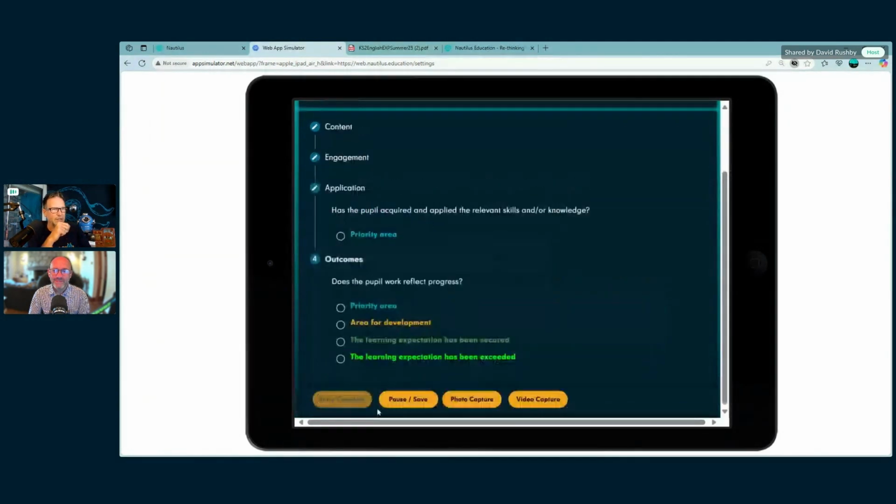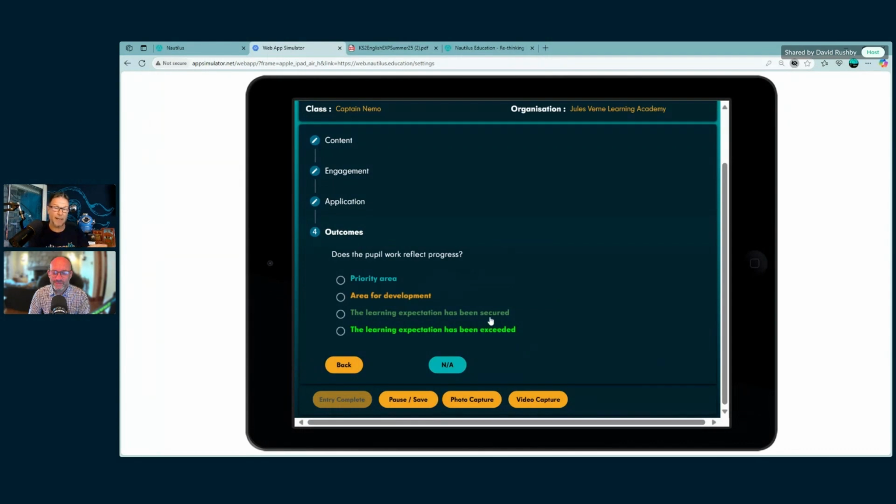So the application and the outcomes here as well. So has that outcome been secured? So this was the expectation on the day. This was the expectation for that topic. Has that been achieved? So you get the idea. I think with that 4, it's really concise, really quick. Means you can dash around when you say to the staff, who's doing some art, please could you let me know. And this one, when we take the pictures, David, and we'll take a look in the gallery again, is